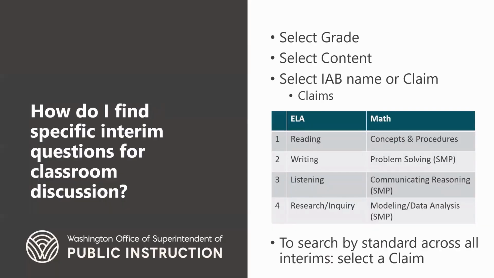Now, in order to select those items, the first thing that must be done is picking a grade and then a content, ELA versus math. And then after that, there's options. You can choose to look at items or questions by the interim assessment block, or you can choose to look at them by claim. So our ELA claims are reading, writing, listening, research, and inquiry,